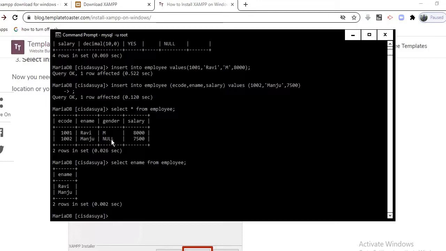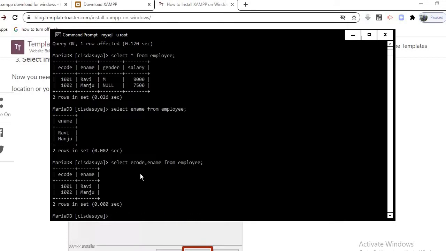Earlier all the columns were displayed because I used star; this star, asterisk, means all the columns, and here I have mentioned the specific column. Similarly, I can select multiple columns also, like e-code and e-name from the employee table. I have not placed any condition till now. We will later on see the condition part also.